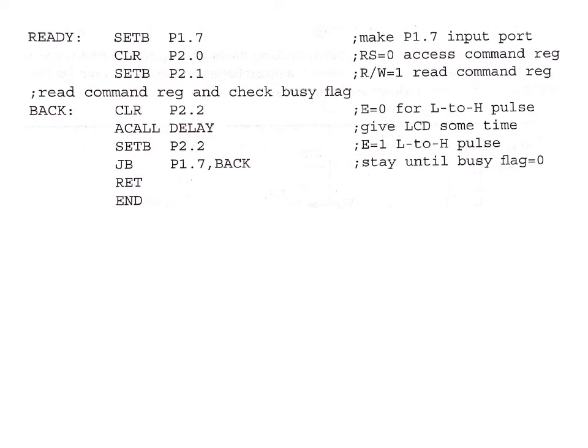So here the important thing we need to remember, or understand, is that the LCD becomes free to do some other functionality or work when the busy flag becomes 0. Here the busy flag is nothing but P1.7. If P1.7 is 0, that means the LCD is free. So this is what we need to understand. When it is free, we can send command or data to it. This important thing we can understand from this particular program.